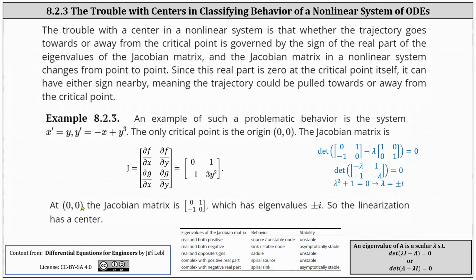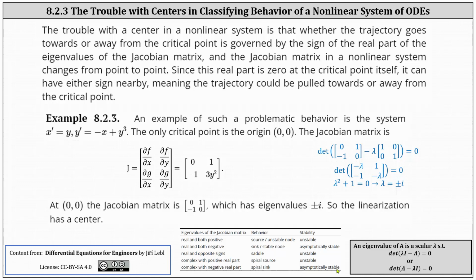At the critical point (0, 0), the Jacobian matrix has entries 0, 1, negative 1, 0, which, notice, is invertible, and the corresponding eigenvalues, shown here in blue, are 0 plus or minus i. Notice here the real part is equal to 0, and therefore the linearization has a center. Recall if the eigenvalues are complex with a positive real part, we have a spiral source, and the stability is unstable. If we have complex eigenvalues with a negative real part, we have a spiral sink, and the stability is